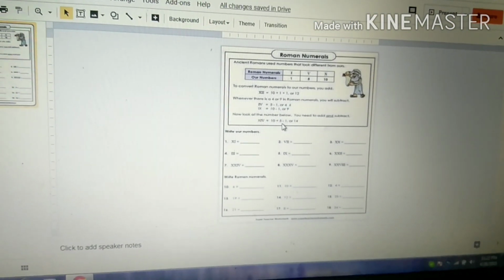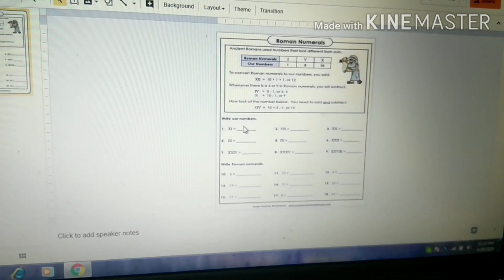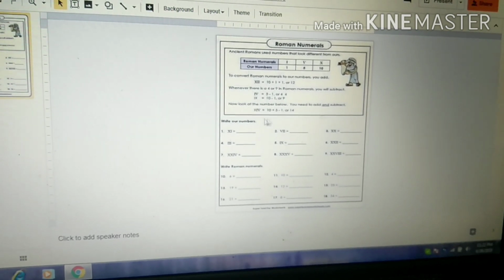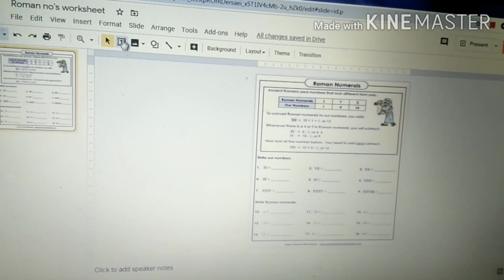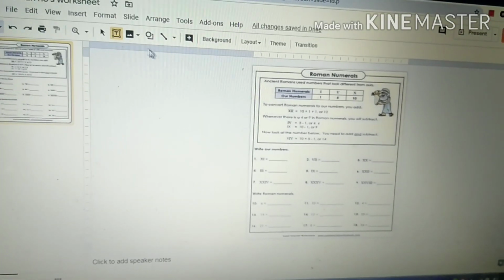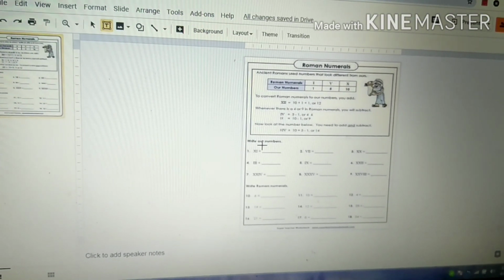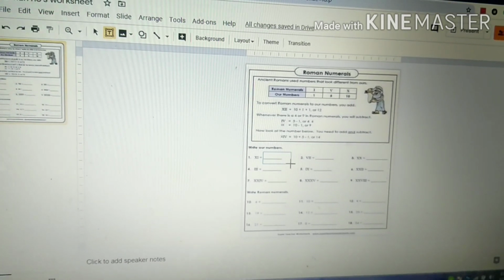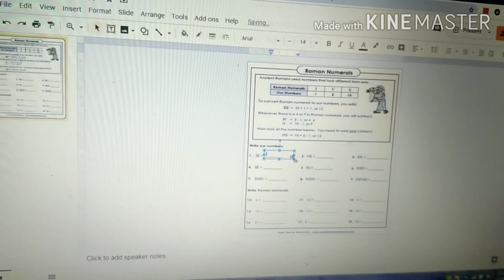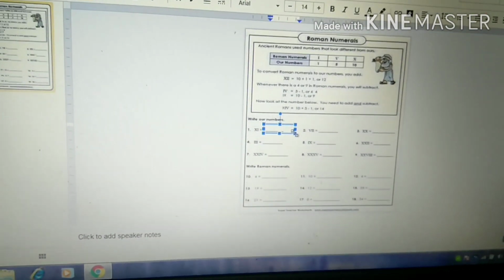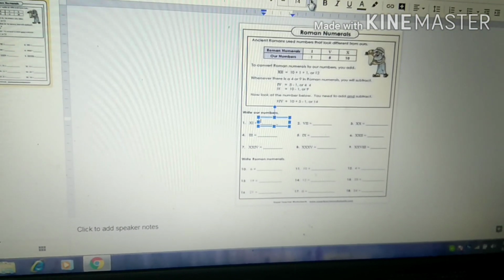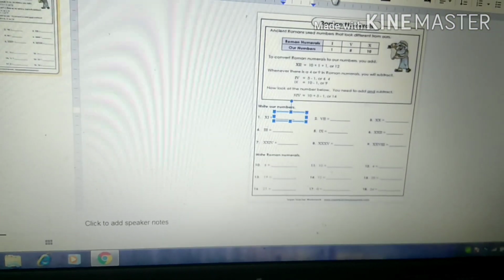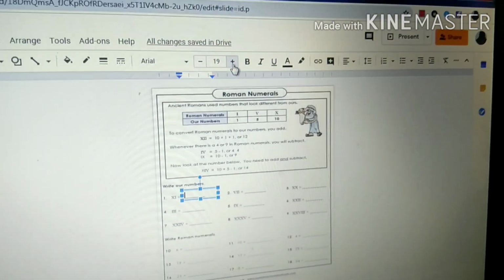Now how are the students able to write in these blanks? As you are looking, the blanks are there already. So I will click on the text box option and I will make a text box here. Yes, this is my text box. Now my students can write over here in these boxes, but for that, yes, I think this is quite readable, so we will choose a pen size over here.